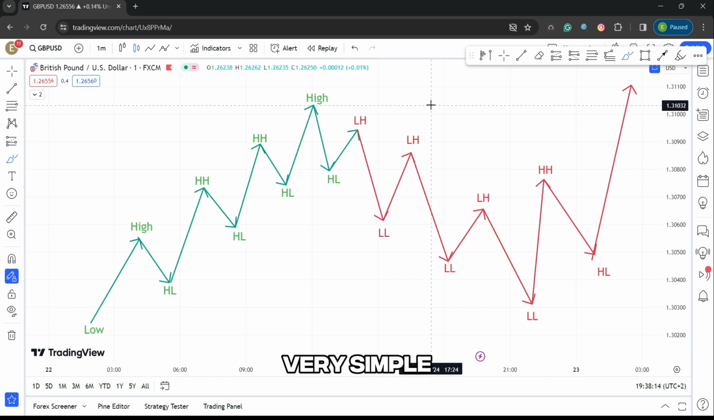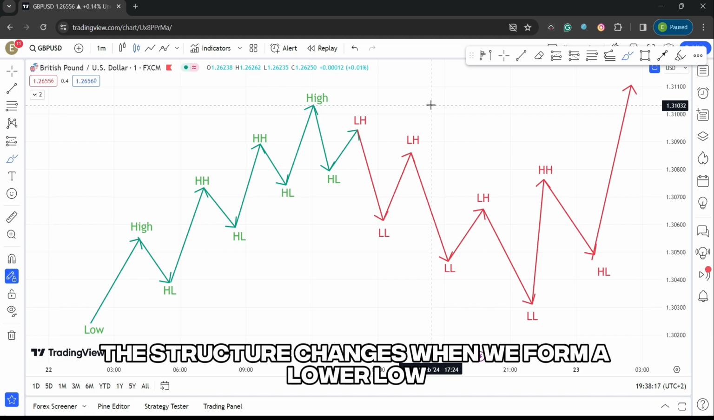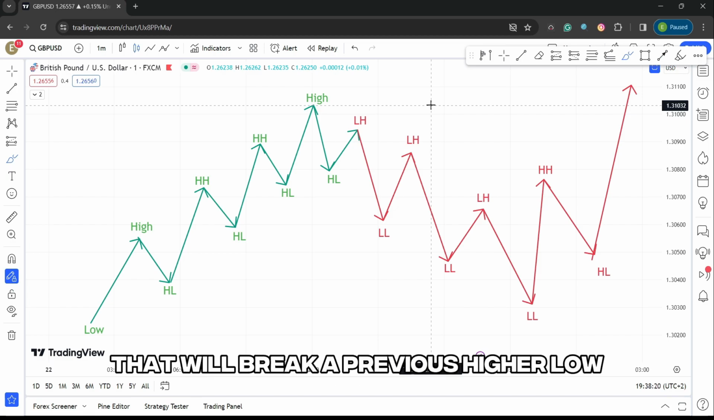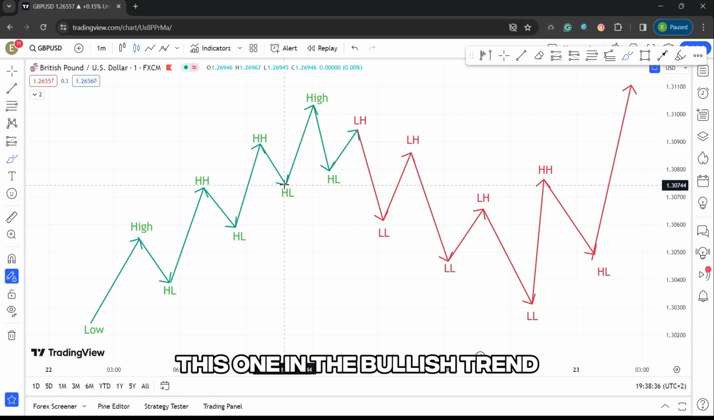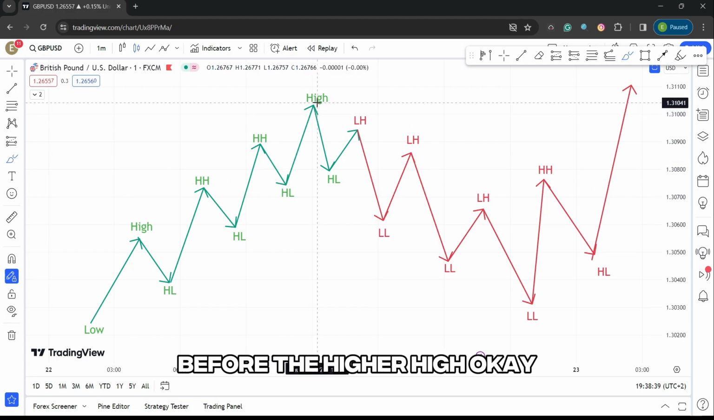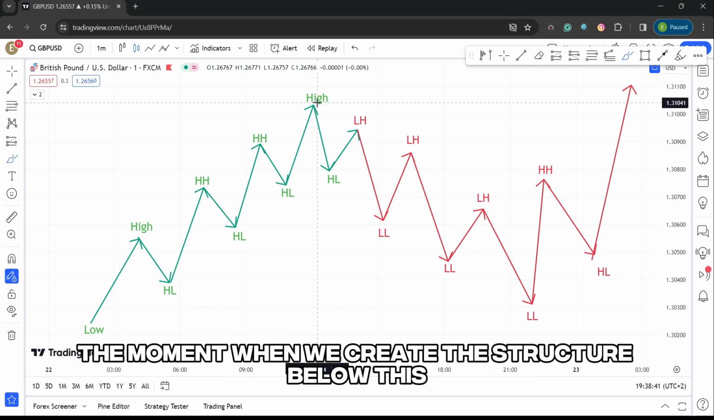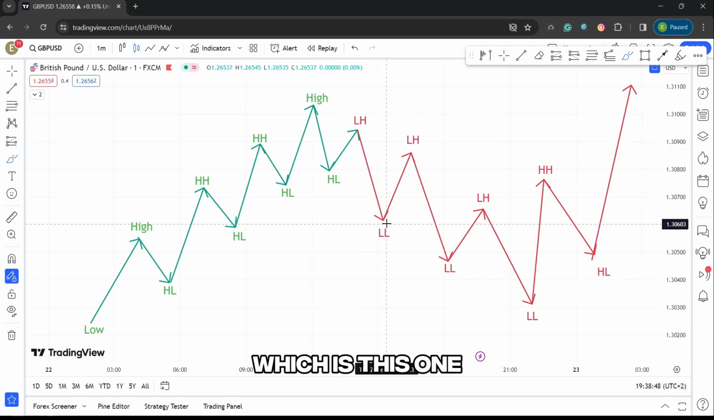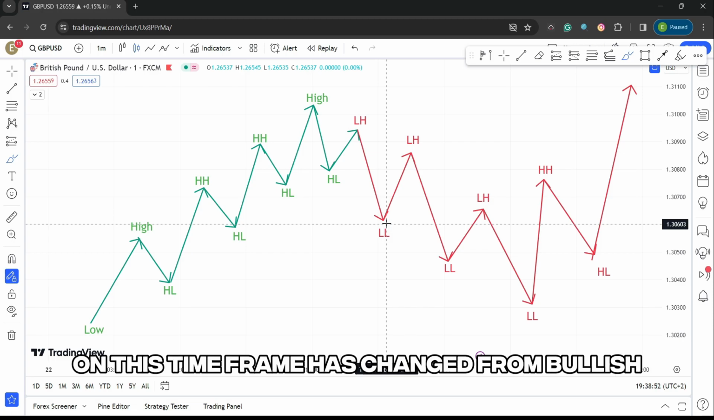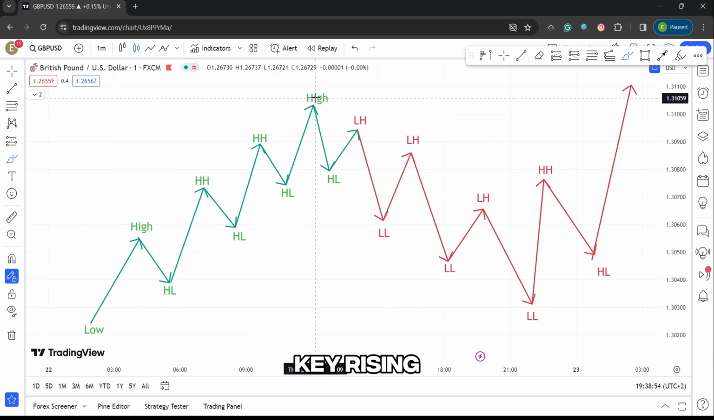Again, it's very simple. The structure changes when we form a lower low that will break a previous higher low. So this was the last higher low created, this one, in the bullish trend before the higher high. Okay, the moment we create a structure below this, a lower low is formed, which is this one. And officially our structure on this time frame has changed from bullish, rising,